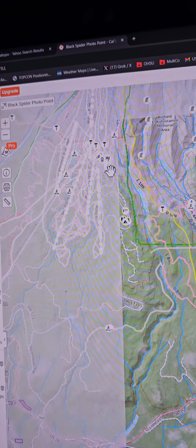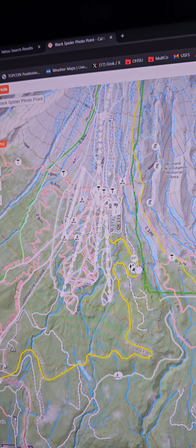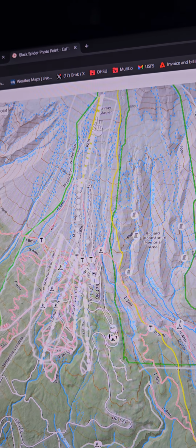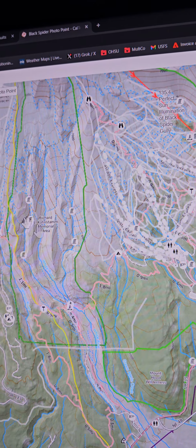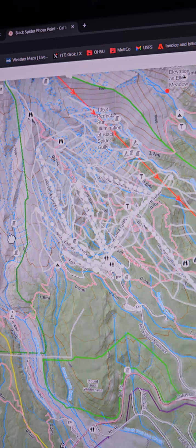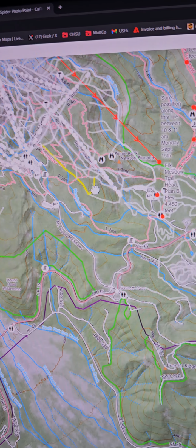And you've got all this ski area. Palmer Ski Lift is right here. The Magic Mile's right there. But that's not where I'm going. I'm going over here to Mount Hood Meadows. This is the Mount Hood Meadows ski area. And if we go down to the highway,